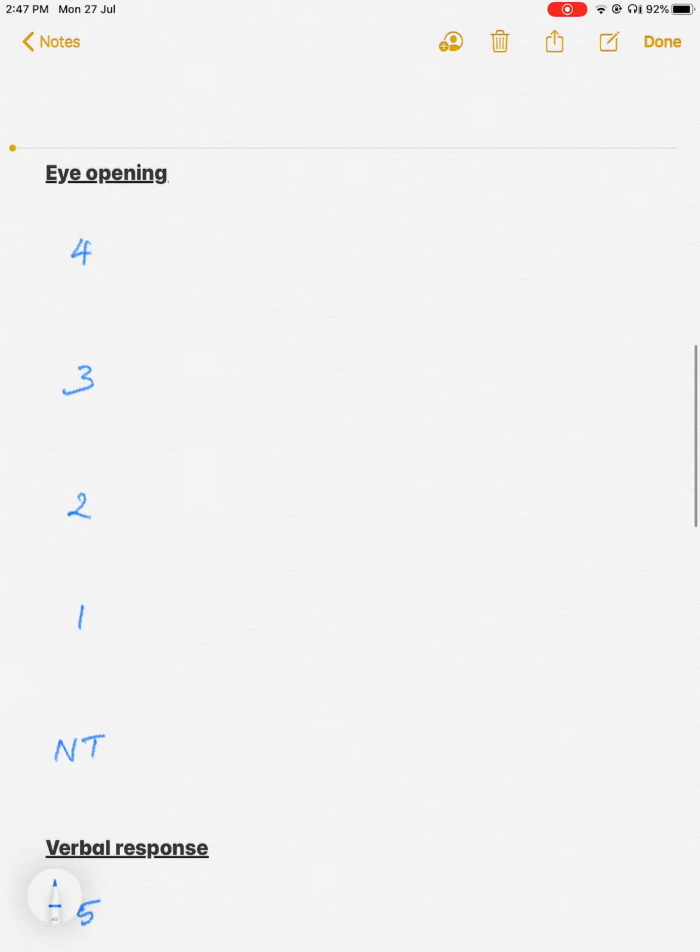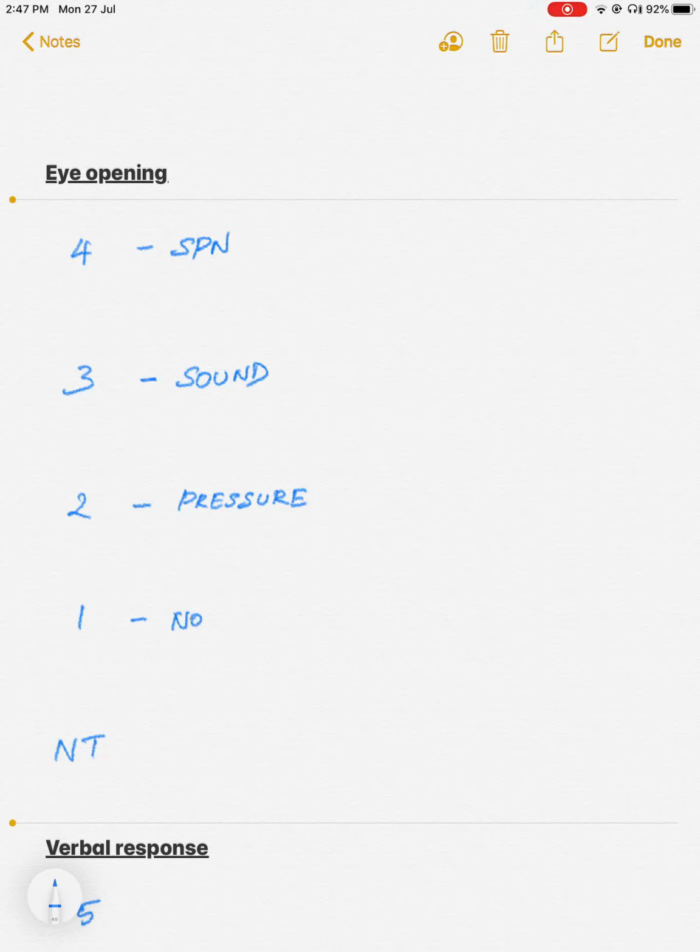Now coming to the components, the first thing we are going to discuss is eye opening. There is a maximal score of 4 and a minimal score of 1. A 4 would be for spontaneous eye opening. If the eye opening is spontaneous, it is a score of 4. That is, he opens his eyes before the stimulus. If he opens them to sound, either speech or a shouted request, that is going to be 3. If it is to pressure at any of the areas I mentioned earlier, then the score is 2. If there is no response